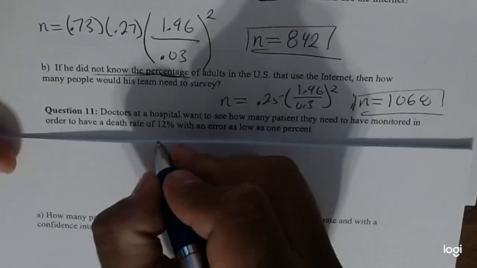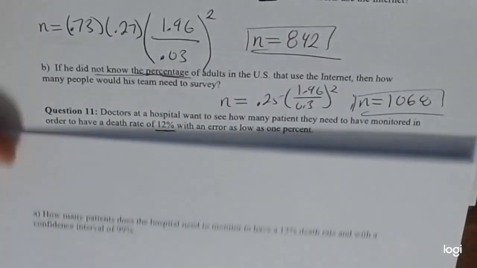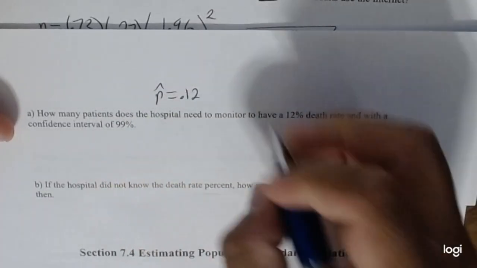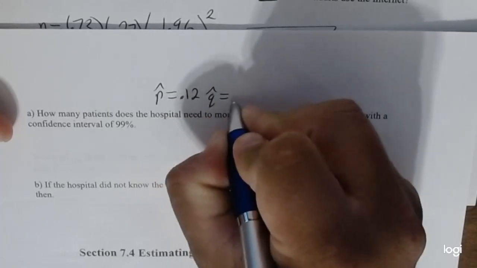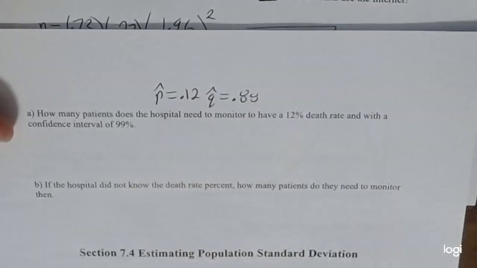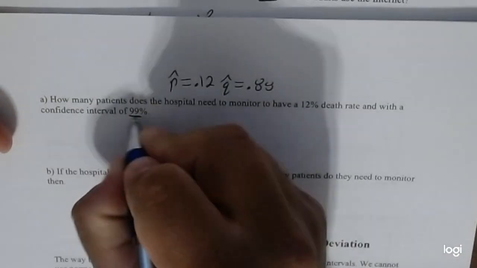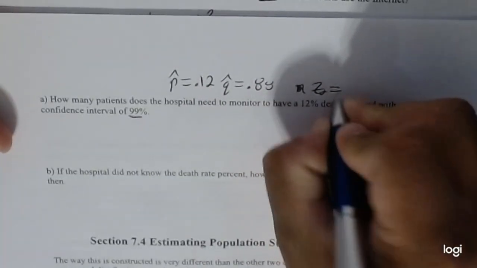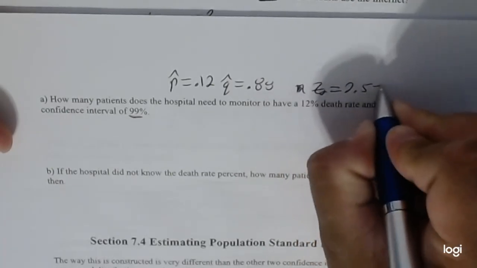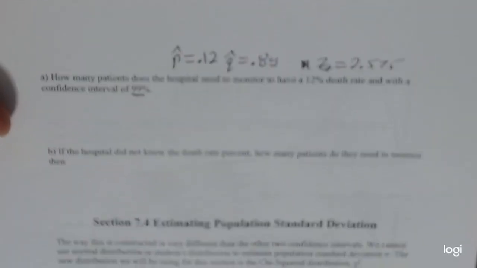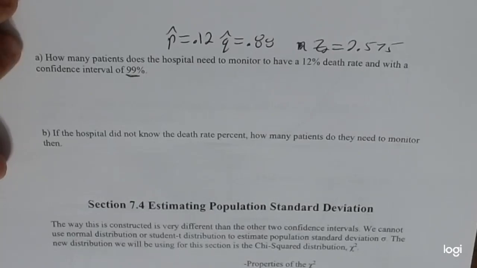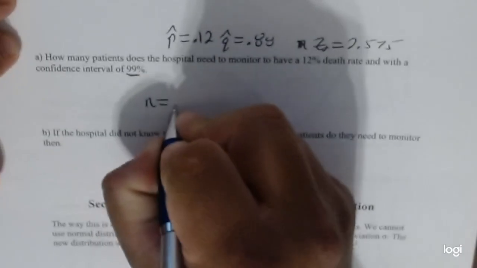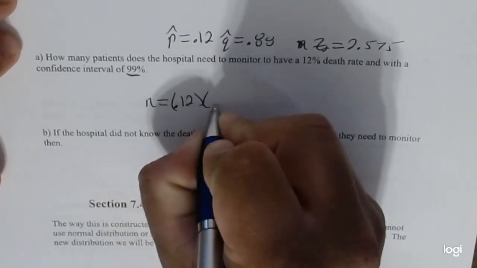We have a 12% portion, so it's p hat, so our p hat is 0.12. Therefore q hat is 1 minus that, so 0.88. We want 99%, so our z-score should be 2.575. I'm just going to look in our table. Okay, so therefore, if we keep going, n is equal to 0.12 times 0.88